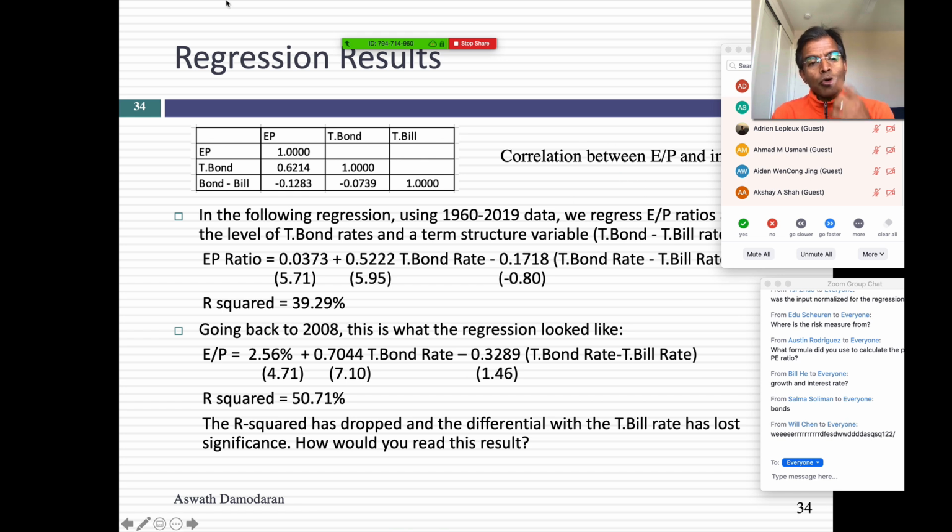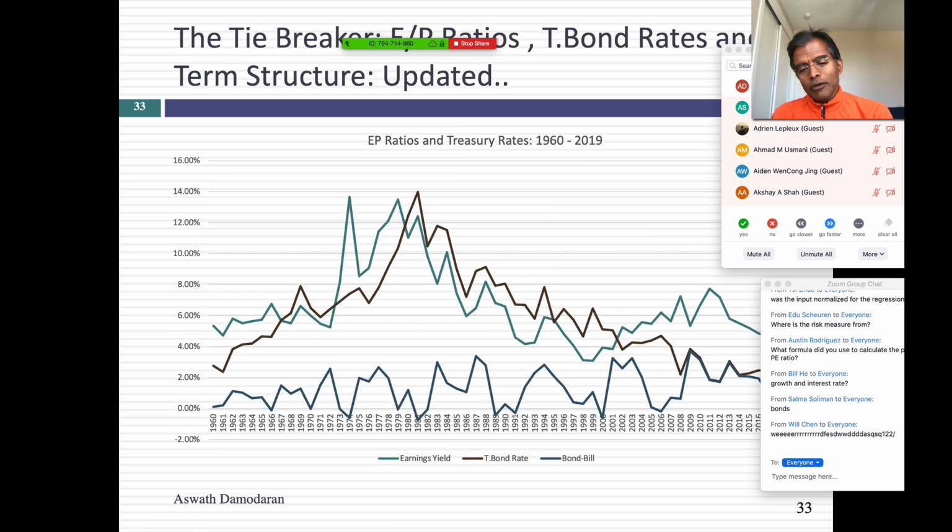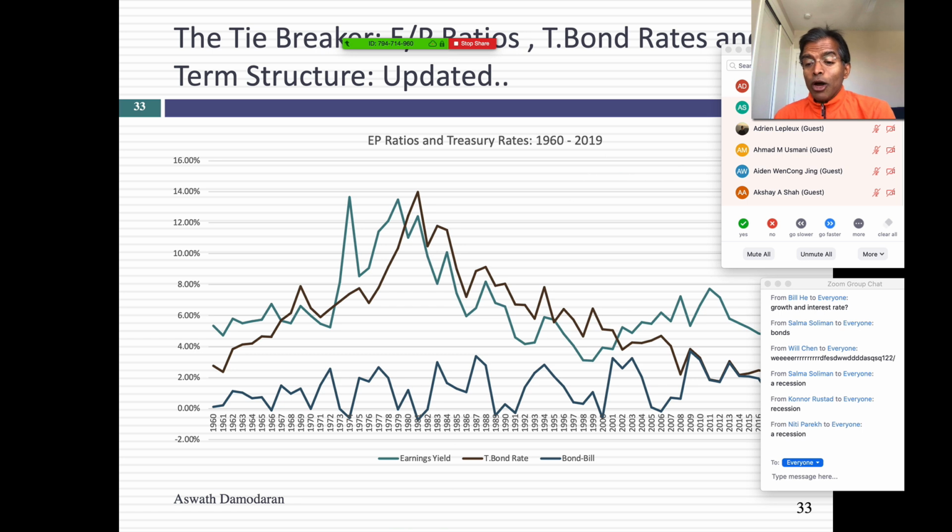And there is a negative correlation between earnings to price ratios and the slope of the yield curve. You're saying, why would that be? I don't know whether you've heard of this rule of thumb: when the yield curve gets downward sloping, what does it predict? In fact, in the last couple of years, people have often freaked out. Oh my God, the yield curve is downward sloping. What does a downward sloping yield curve supposedly signal? What are people worried about? Connor says a recession. That's exactly right. So a downward sloping yield curve has become associated with recession.